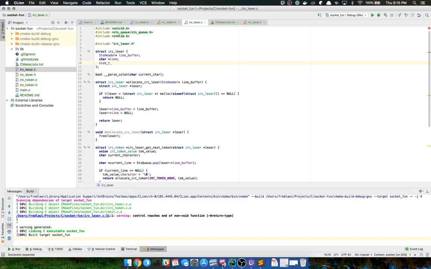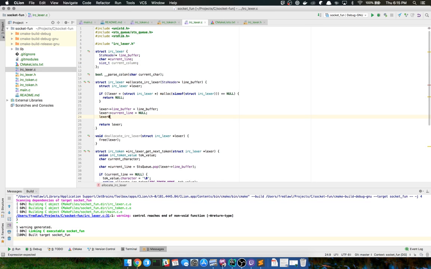We'll do size t current column. I'm actually going to rename this from line to current line, and then we're going to keep that as current column, and then we're going to set lexer current column equals 0.